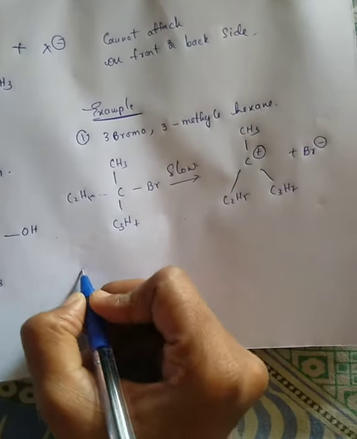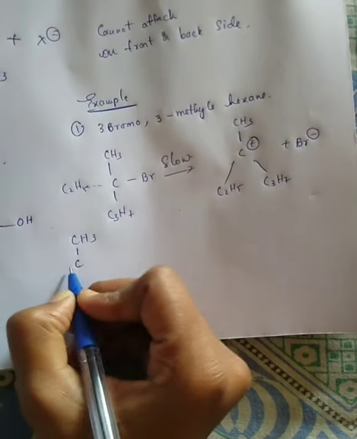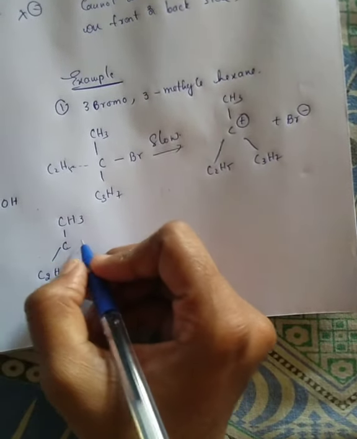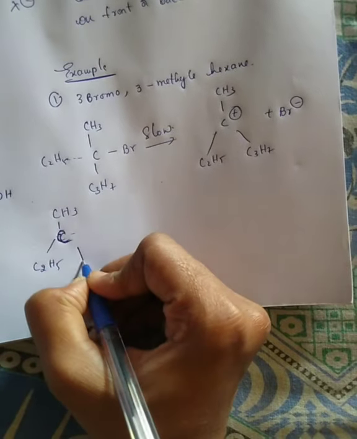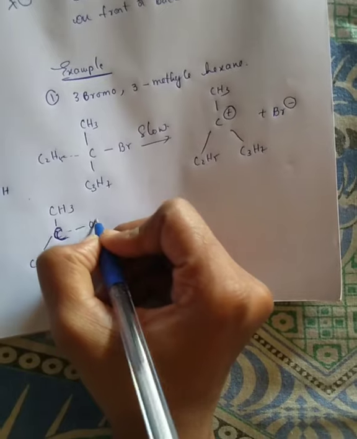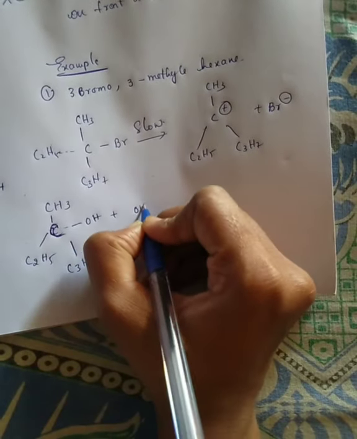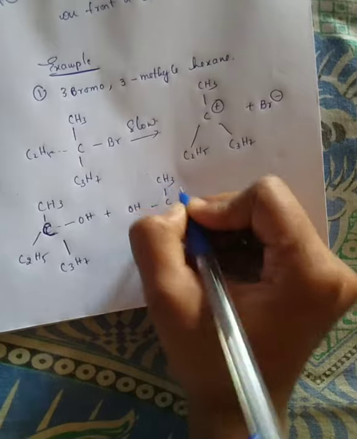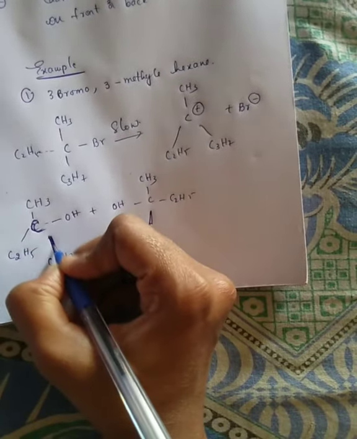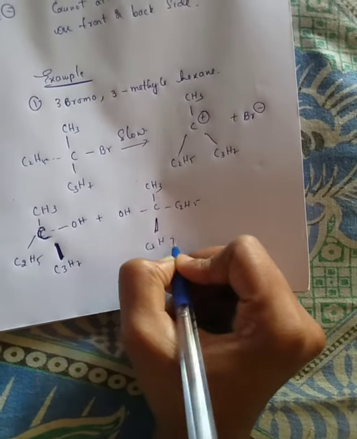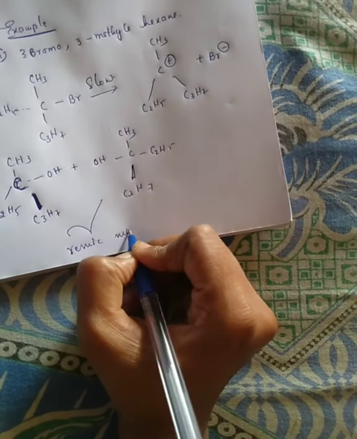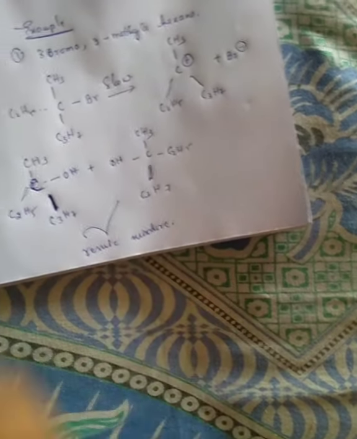In the second step, the nucleophile can attack from both ends, front and back sides, because they all lie in one plane, and it gives two equimolar compounds, dextro and levo. Both dextro and levo compounds combined are called a racemic mixture. Here we get a racemic mixture, and that is a dashed bond and that one is a dotted bond, and it is called a racemic mixture.